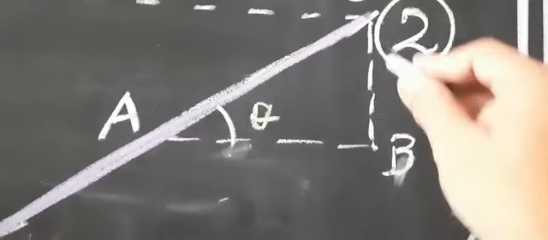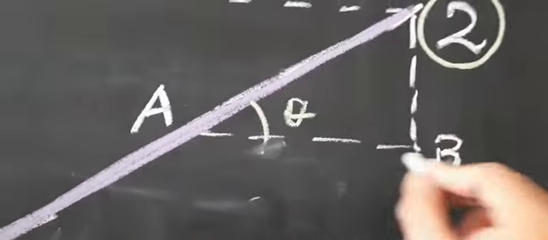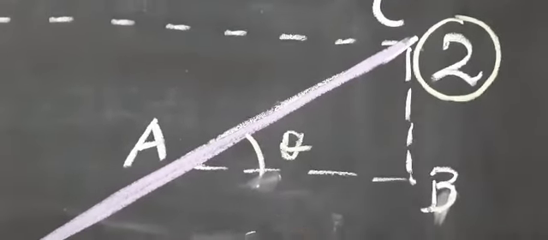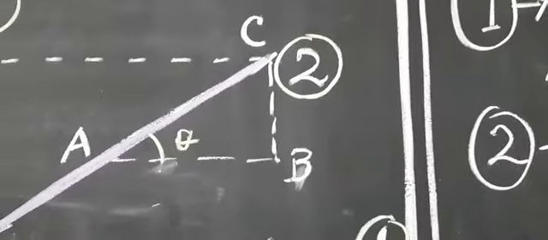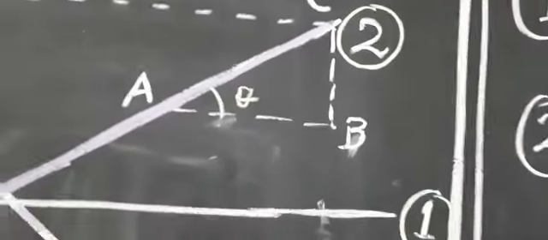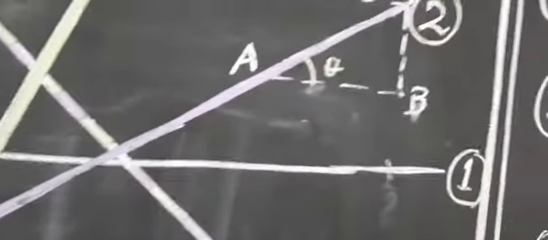Why tan theta? Because p by b. P is the distance or the displacement and b is the time. So that's why we can easily find it out. So slope, that is tan theta, is equal to BC by AB. And this remains constant throughout because the slope is the same. So the object is moving with a constant velocity, uniform motion.